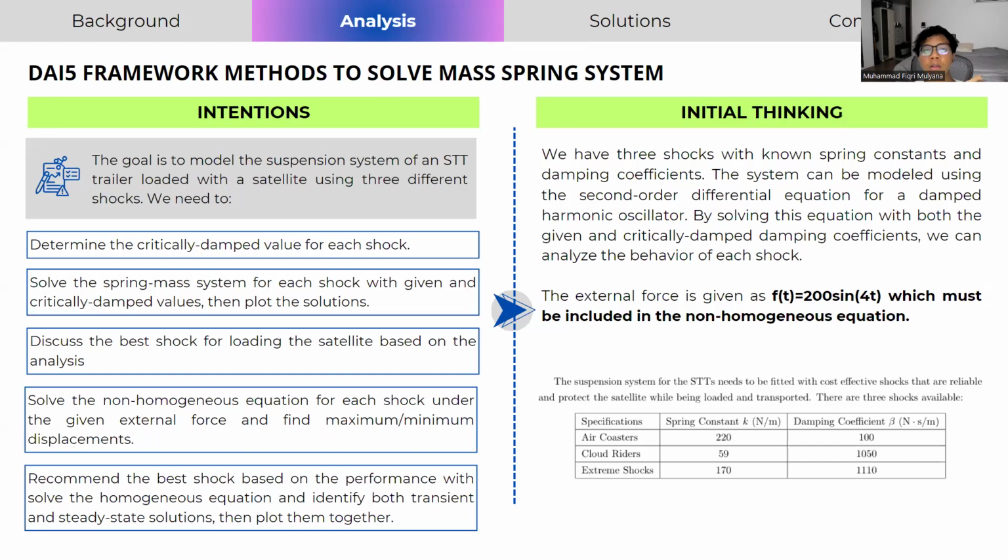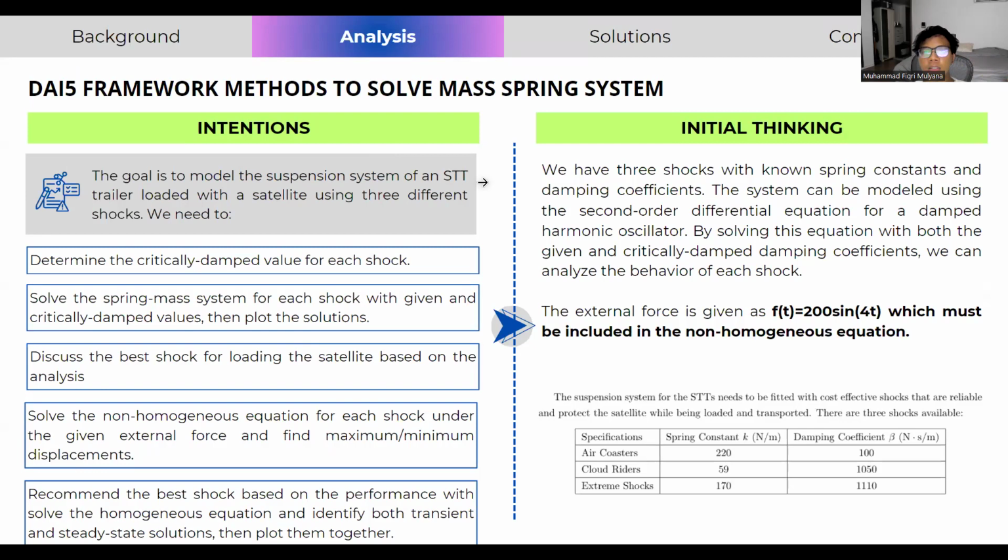And the second step of the framework is the initial thinking. In this step, we know we have three shocks with known spring constants and damping coefficients, and the system can be modeled using the second order differential equation for harmonic oscillators. And by solving these equations with both the given and critically damped damping coefficients, we can analyze the behavior of these shocks. Also, the external force is given as F(t) equals 240, which must be included in the non-homogeneous